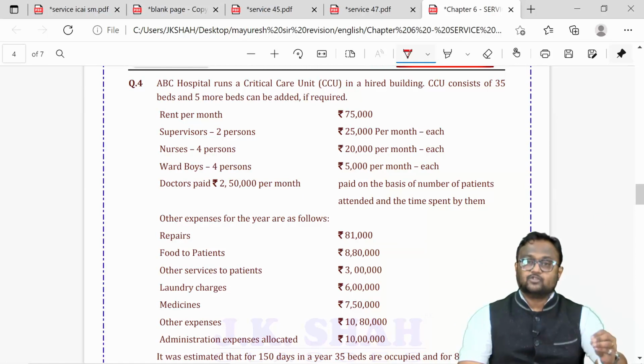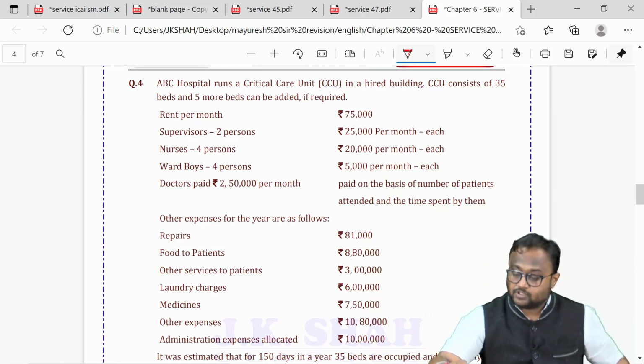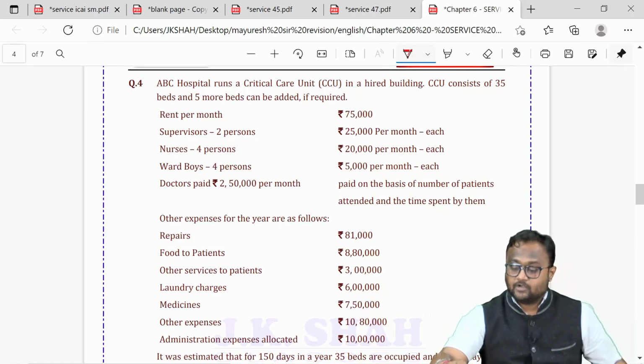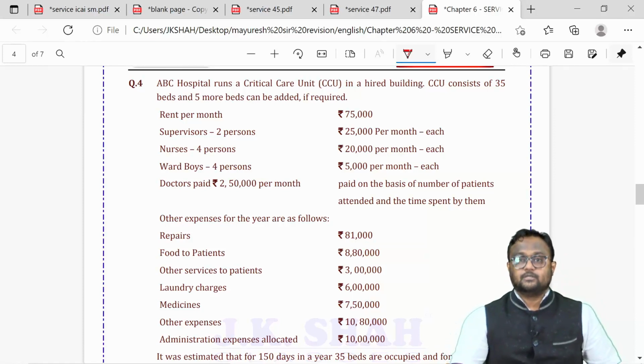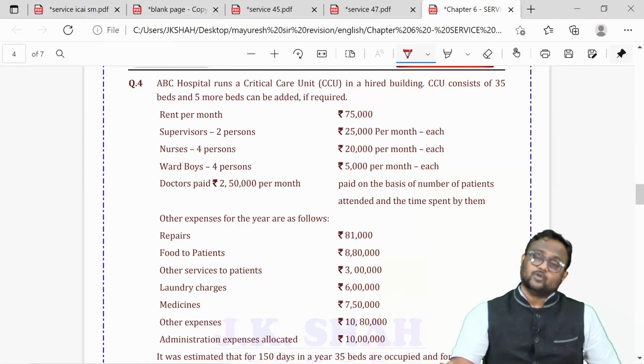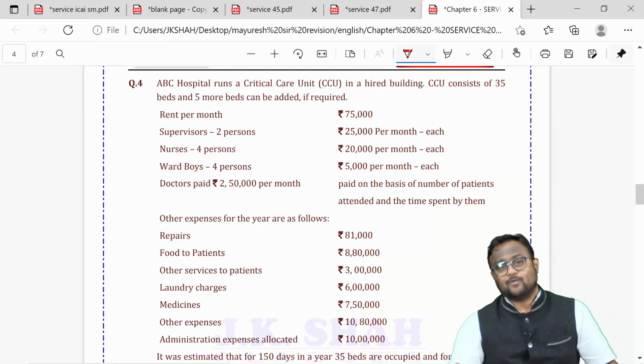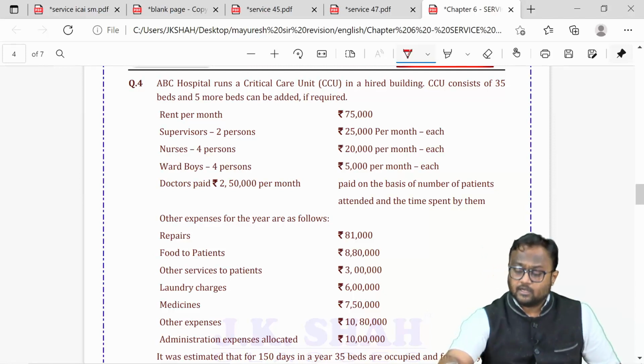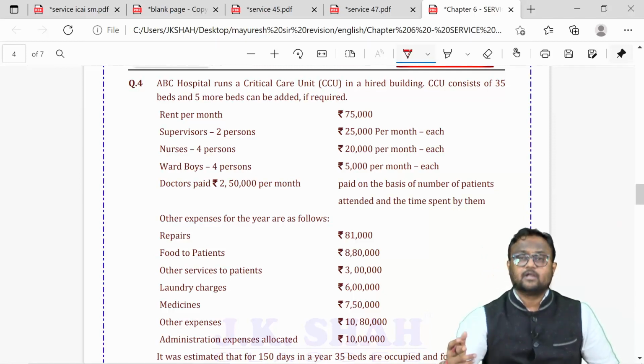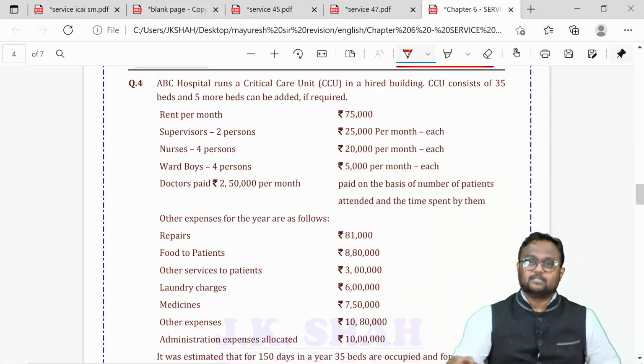I checked 10,000 patients over a period of 1 year. 120 was paid to me for each patient. So 12 lakhs I am supposed to earn. So instead of telling me 10,000 patients into 120 per patient, they may tell me 12 lakhs divided by 12, 1 lakh per month based on patients. It's one and the same.